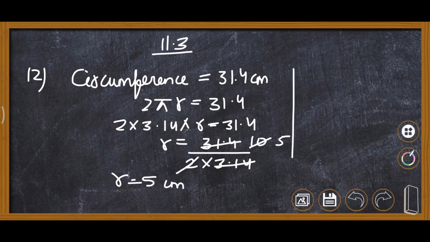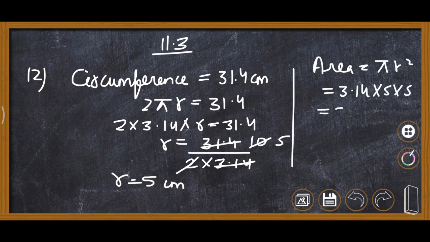centimeter. Now we will find area. This is pi r square. 3.14 into 5 into 5. This is 25. Now we will multiply 25 for the 3.14, then 100, then 10 carry, 25 ones are 25 and 10 35, 3 carry, then 78.50 centimeter square. This is the area of the circle.